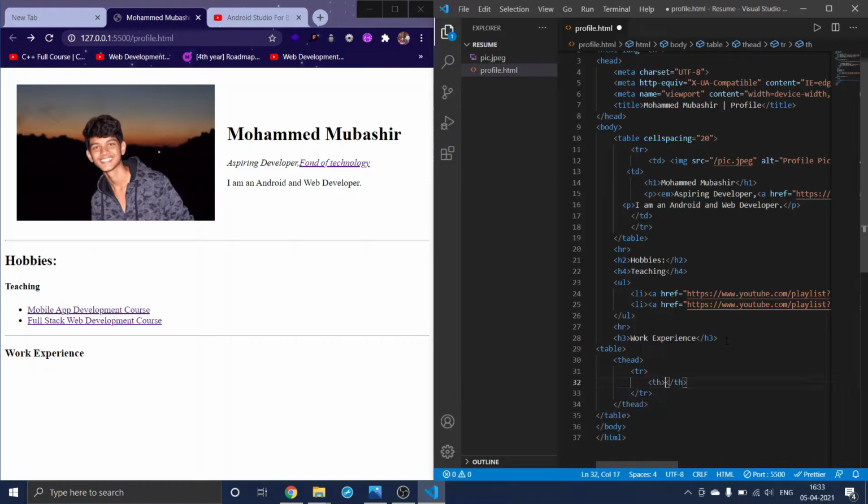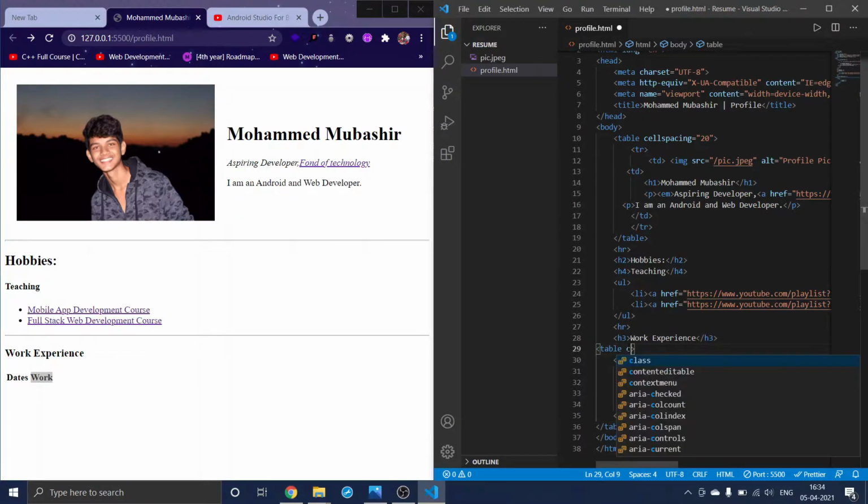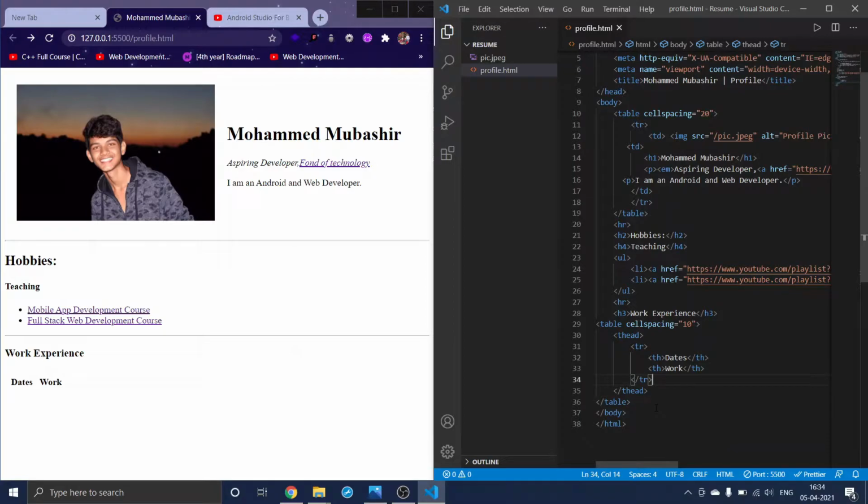So in the th, first I'll be giving the dates, and I'll be copying this, and here I'll be giving something like work. And when I save this, see, I got dates and work. First I will give a cellspacing here, cellspacing to 10, right? And again we have made a thead, right? Our work in the th is done.